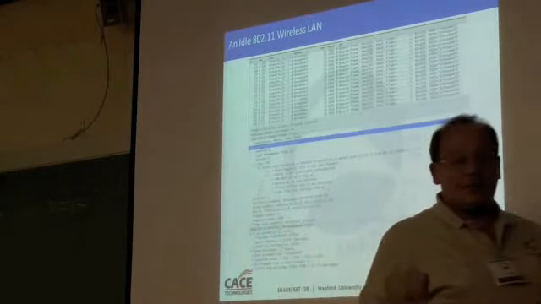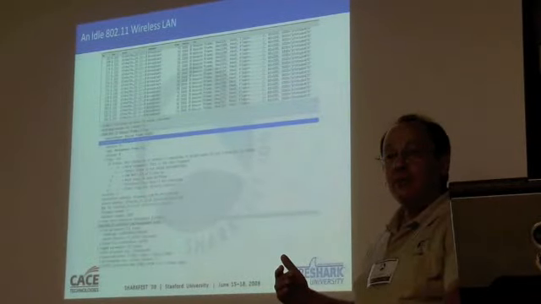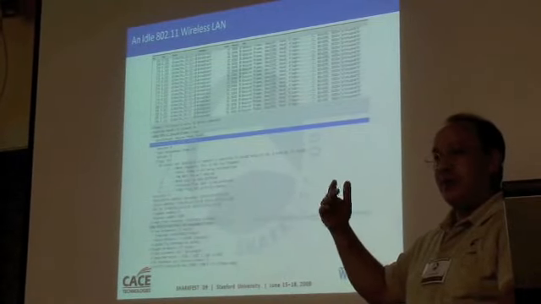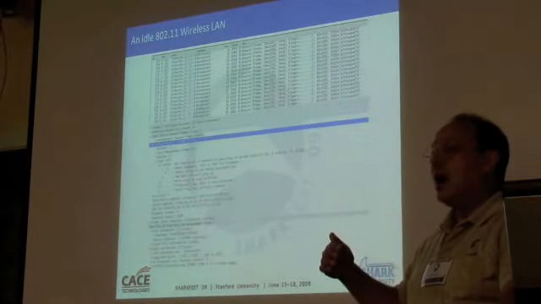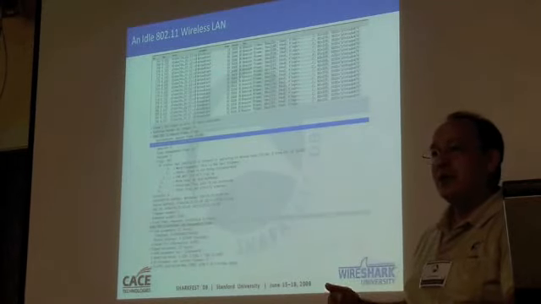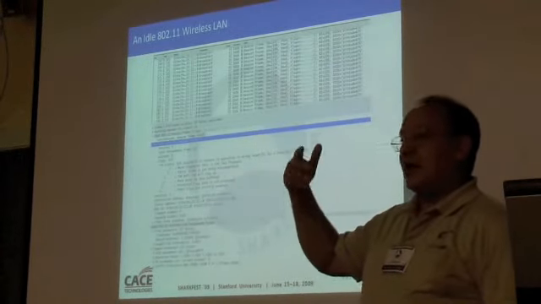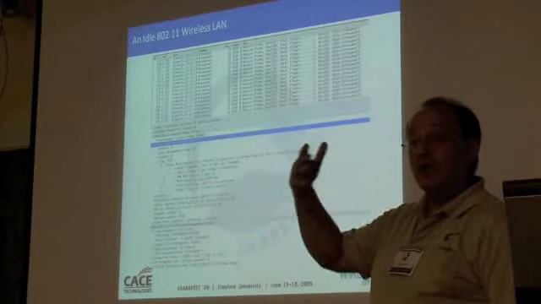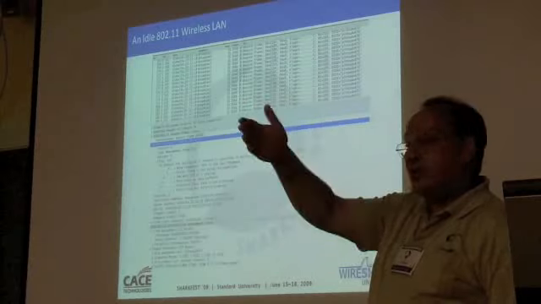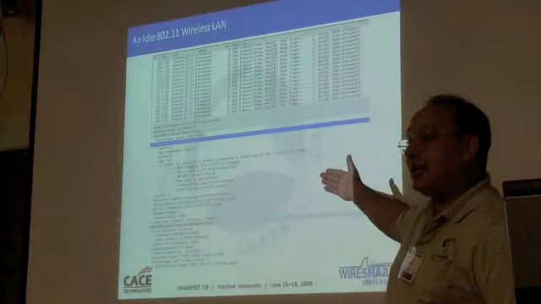802.11 retransmissions are analogous to Ethernet CSMA/CD retransmissions. If I had an Ethernet collision on an old coaxial Ethernet or on a hub, I could have one on a switch, but less likely. Then we know that in 802.3 Ethernet, there's the exponential back-off algorithm, where the client backs off, waits a random amount of time, retransmits, sees that as a collision, and changes the back-off time, and so on. That same kind of process operates in 802.11.